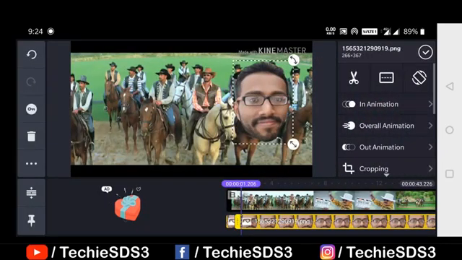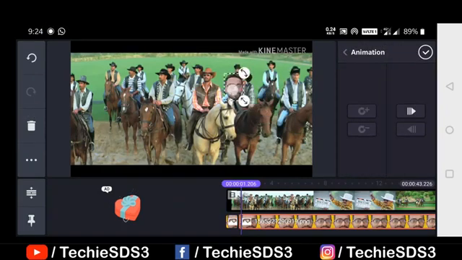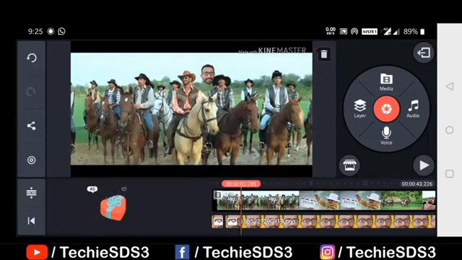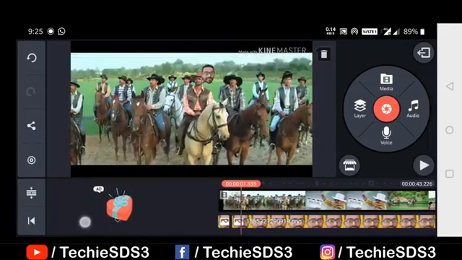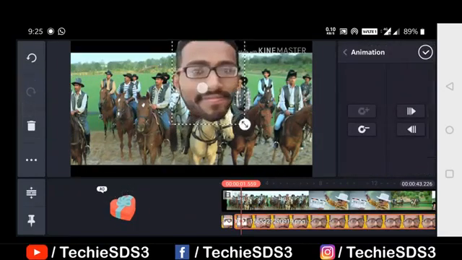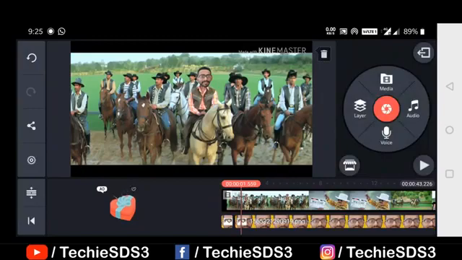So now we are into the second scene. So here also again click on the key button and adjust the face according to the background scene like this as you can see. And for every second you have to work guys. For every second you have to place the face as per the movement of the background. Only the animation will be taken care of by the application. So you have to work carefully here. The more precise you work, the more perfect shot you get in the final video. So that's why. However, I am doing it just to show you guys, so it won't be much perfect, but still I'll work and show you the final video.